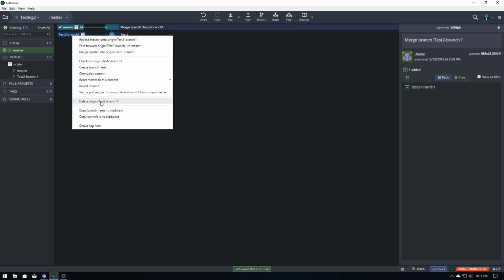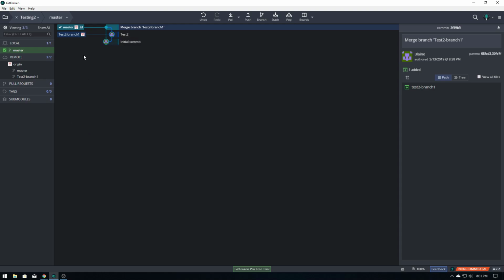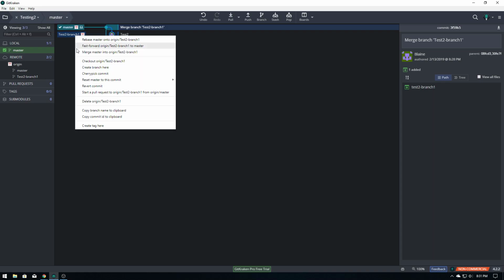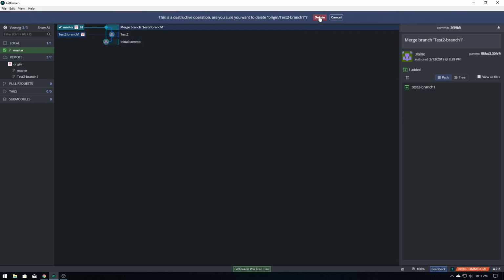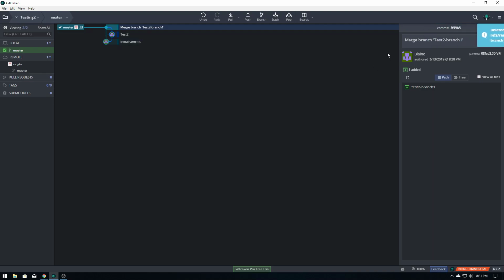delete origin test2 branch. So what I believe I did before was delete the local one that I had on my computer. So now if I delete this, deleting the origin, meaning it's out on GitHub, delete that, that operation is done. Now we are going to push